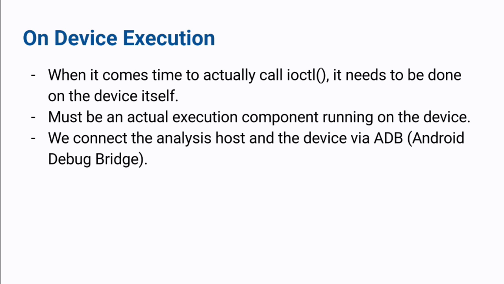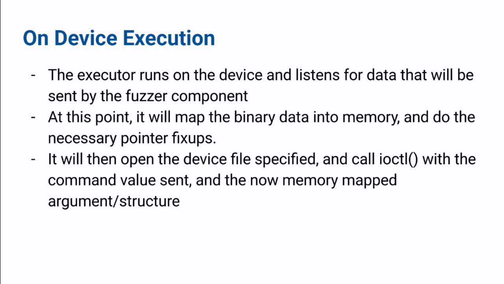And that happens on the device. That's where we need to actually call ioctl to trigger the functionality. And so we simply connect the computer to the device through ADB, the Android Debug Bridge, where it'll run a program called the executor. And the executor will open a port and listen for data. As it receives data, it'll map it into memory. Just call malloc for the right size, copy the binary data in there. And then as needed, it will fix up the pointers so that if one binary blob references another struct, those happen correctly. And then it just simply opens the device file, calls ioctl, and hopefully triggers some good functionality and